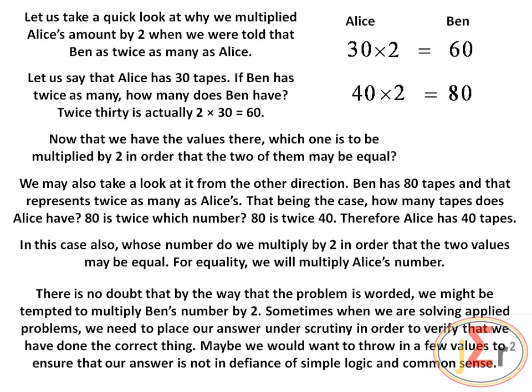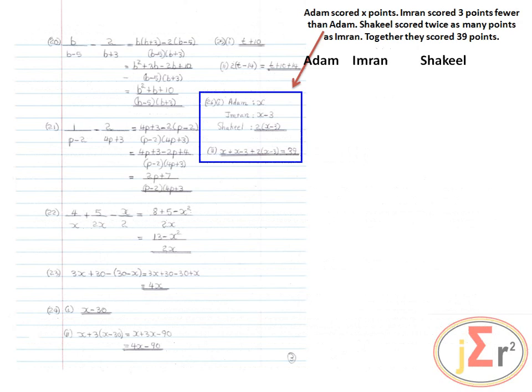What is good is our ability to check our answer again to see if it is correct, because it makes perfect sense. If Ben has twice as many as Alice, well, it might not appear to be so immediately, but when you put some numbers down and say which one is twice which one, then we find that it is not difficult to come to the conclusion that we need to come to. And sometimes we need to ask ourselves questions when we are solving applied problems and also other problems. Finally,